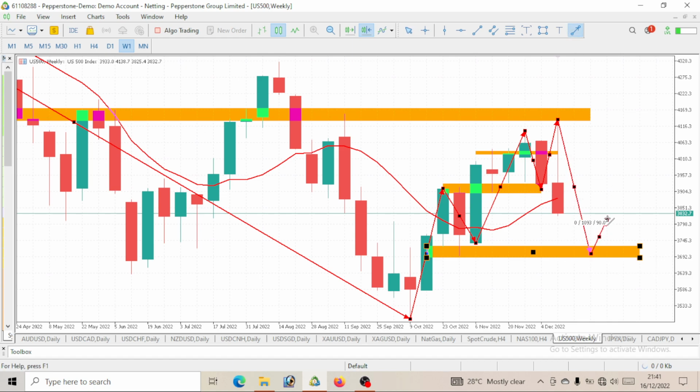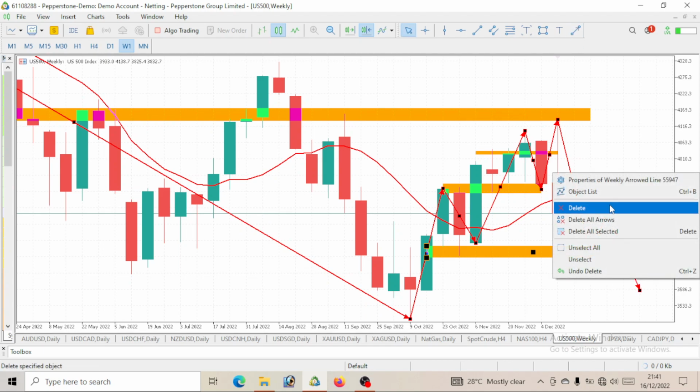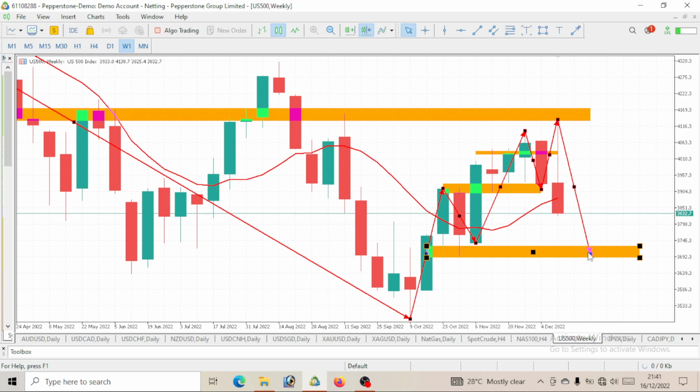Then maybe price will give us a pullback at this level and continue the bearish move, or price will actually break this level of 3,700, then give us a pullback before it continues its bearish move. Above all, S&P 500, guys, till this month ends, just expect a bearish move, especially if you are a position trader. There's only one movement you should watch out for, which is to actually sell. You should go ahead to sell on this S&P 500.